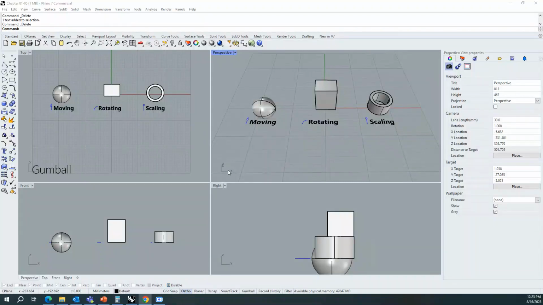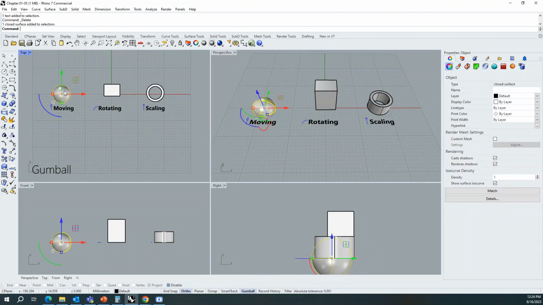Hey everyone. In today's video, we will see the importance of gumball in Rhino. You have been seeing this option in other software as well, mainly in SketchUp. In Rhino, we have this option called gumball, which is over here. If you switch on this one, and if you click any object, you will see this cursor